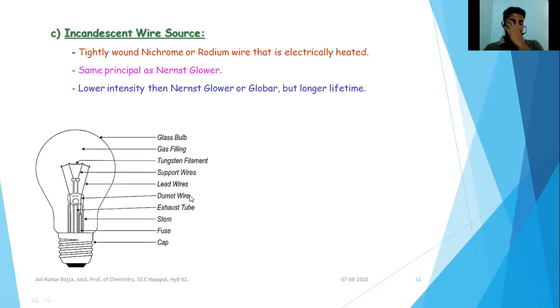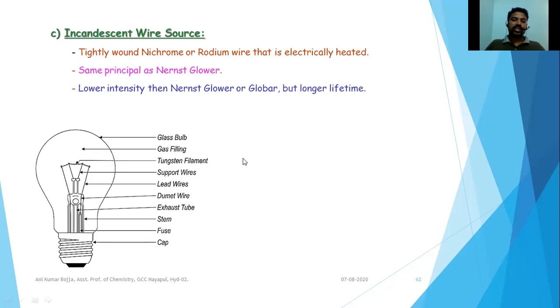Right. Here you can say it is similar to our bulb. The filament in the bulbs we use at home, in previous days we used to use this kind of bulb. Nowadays there are some zero-watt bulbs or other white-colored bulbs where gas is filled and the light we see comes from fluorescence. That is okay, but in the previous days we used to have this kind of bulb where a tungsten filament was used.